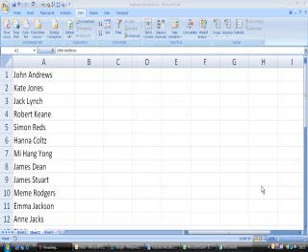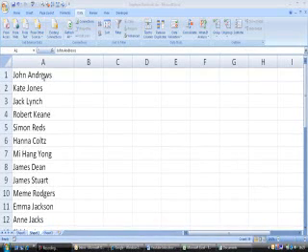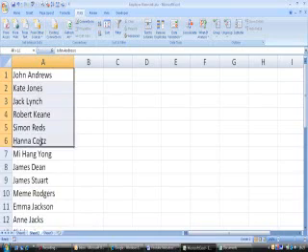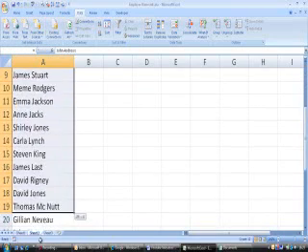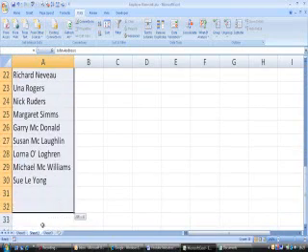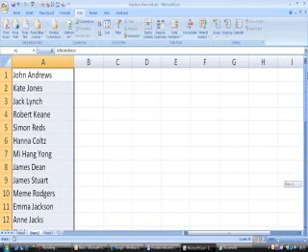In this short video I'm going to show you how you can split text into columns and also how you can join text from multiple columns into one column. First of all, we will select the data in column A. So I'm just going to select the cell range of which I wish to separate the first names from the surnames. So I highlight the cell range, then click on the Data tab on the ribbon,